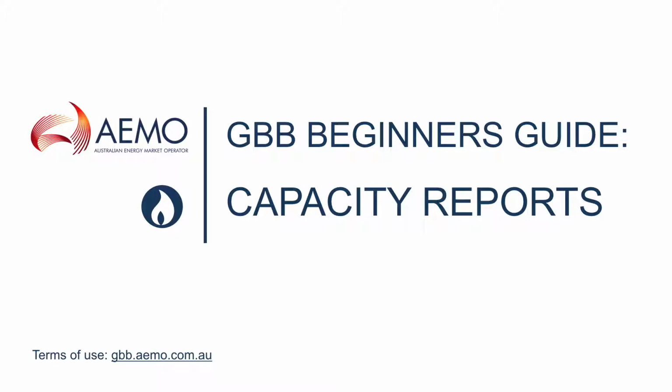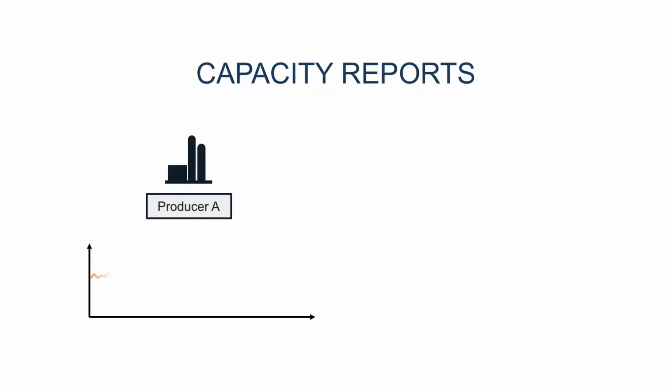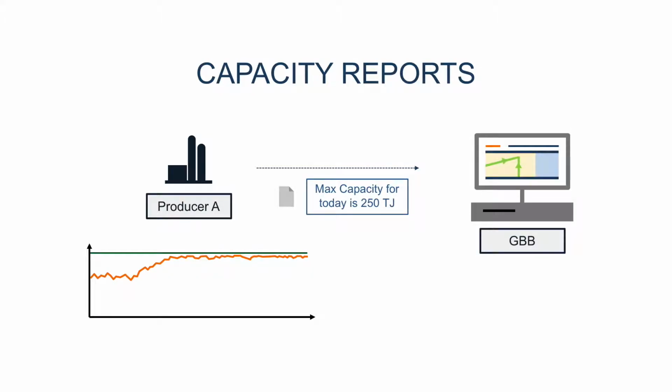Welcome to the fifth video of the Beginner's Guide to the Gas Bulletin Board, where we take a look at capacity reports. Each pipeline and plant can respond to events on the gas day by increasing how much gas they produce or transport, but only up to a point. This limit is called the capacity, and we're going to take a look at 3 capacity reports on the bulletin